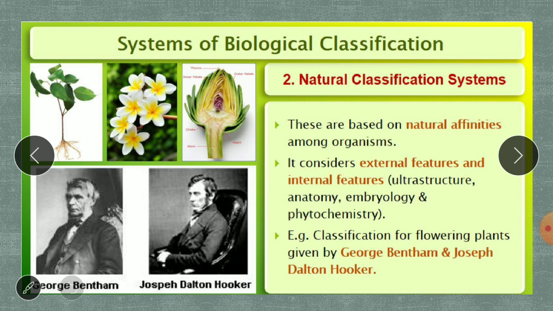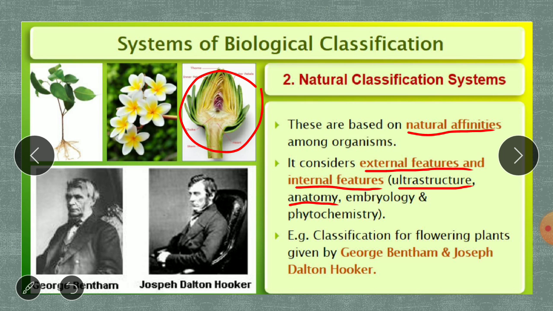Then came the natural system of classification. In the natural system of classification, they were based on the natural affinities among the organisms. That is, it considered the external features and the internal features of the organisms. Internal features means the ultrastructure, that is the detailed structure, the anatomy within the plant. Here you can see this is going to be the anatomical study. You are cutting open a part and studying it. This is morphology, only looking at the external feature. Here you are studying the internal feature. So that is anatomy. Embryology,